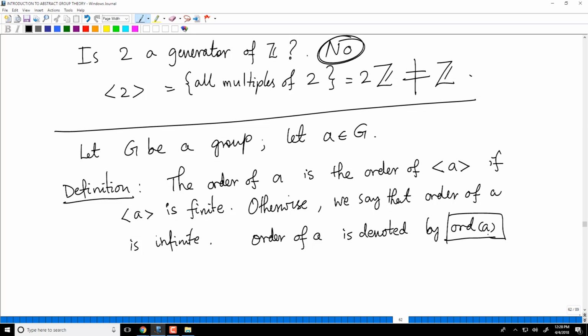So order of A, recall again, is obtained by looking at the subgroup generated by A. If it is a finite group, the number of elements of that is the order of A. Otherwise, if the subgroup generated by A is not finite, then order of A is infinite.